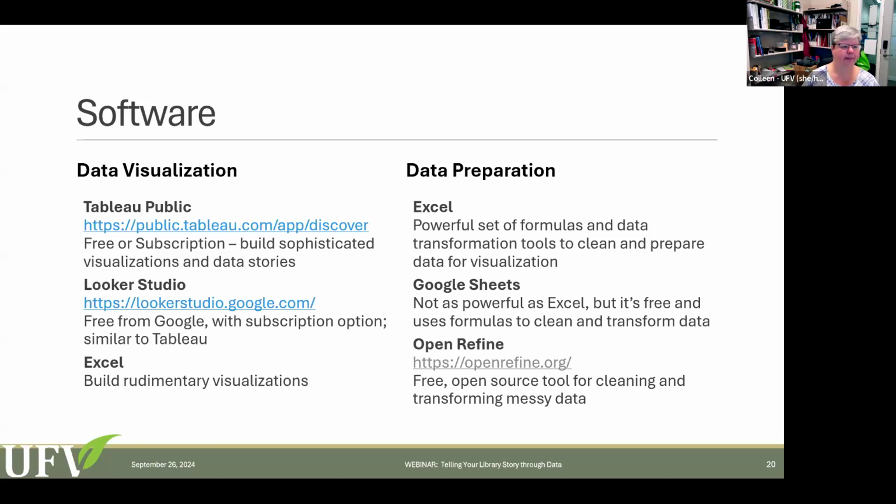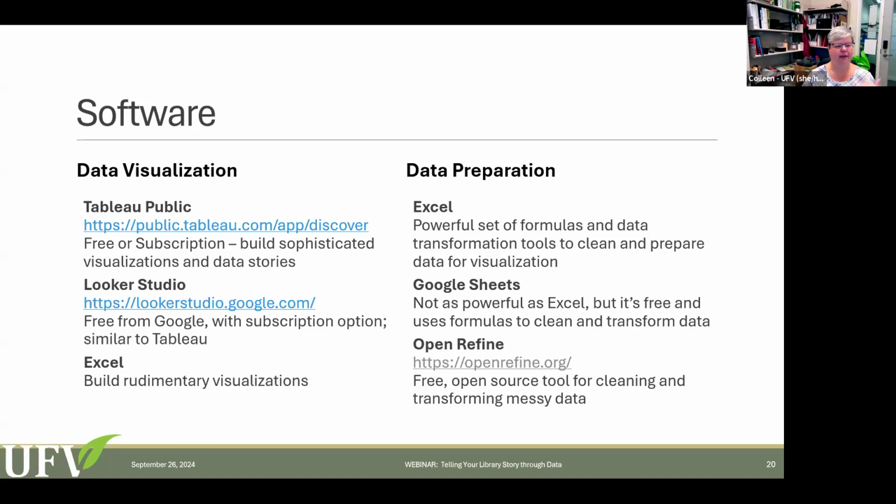Okay, so data rarely comes out of the systems in a clean format, like exactly the format you need. Sometimes you need to make calculations. Sometimes you need to clean up the data itself. So you might have two different forms of the same category, and you need to go through and clean that up. So there's lots of data cleaning that needs to happen when you're working with data regularly.